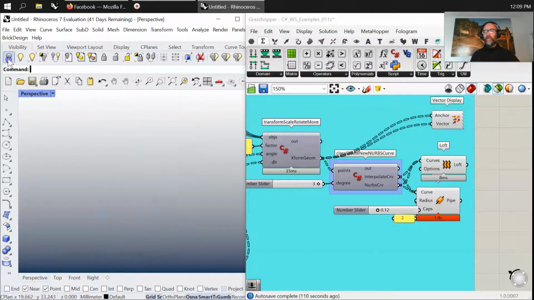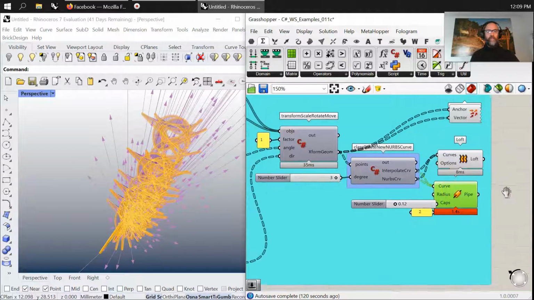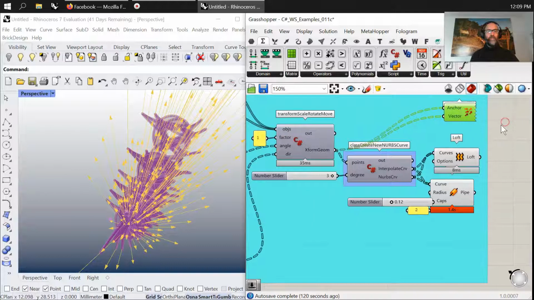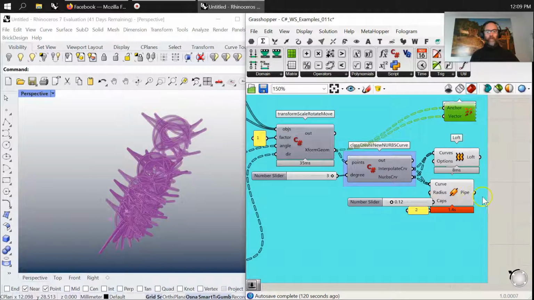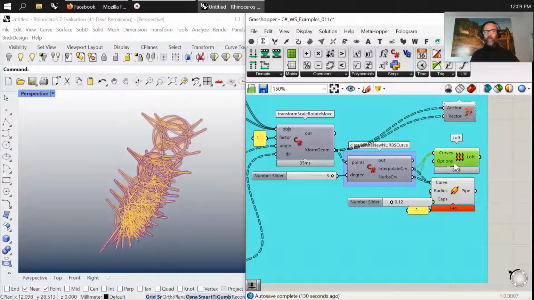If not, I'll take the whole form, tuck it away, and say, okay, well, what really is happening in here with all this data? I could take my vectors off, even though they're kind of fun to watch. Take the preview off, and here's our form there and there. We'll just leave the one blue, the pipes purple, and the